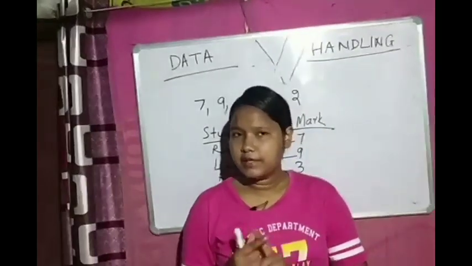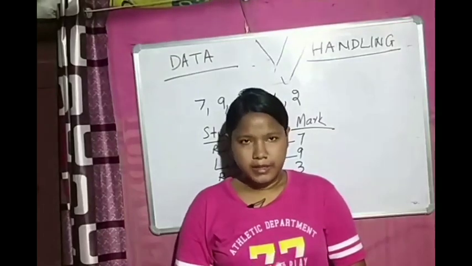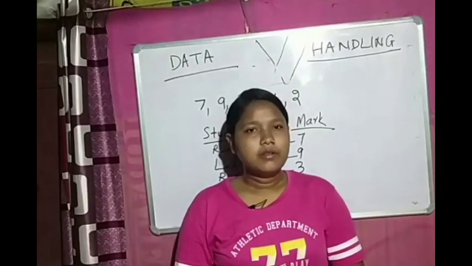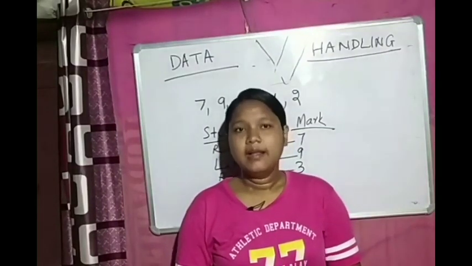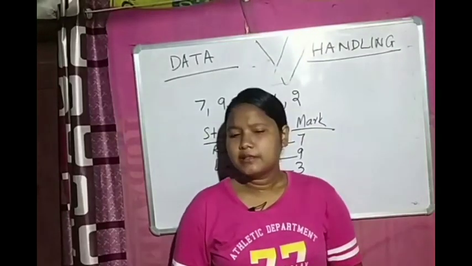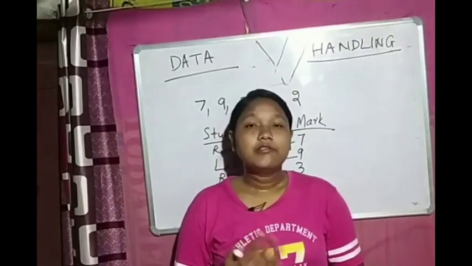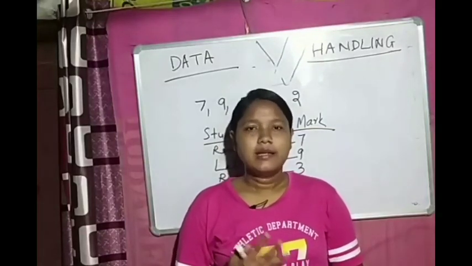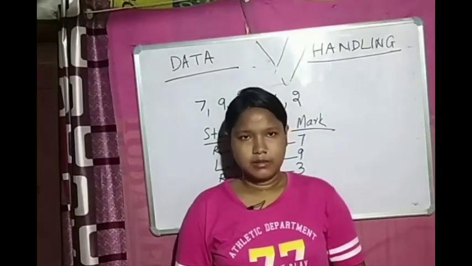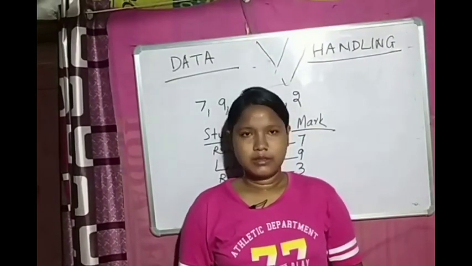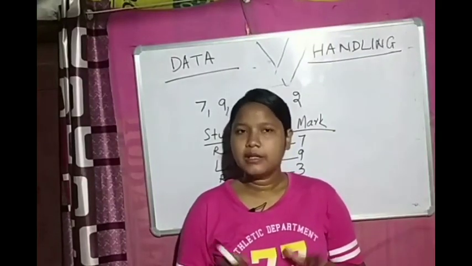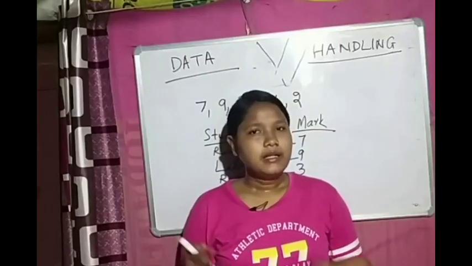So we have studied what is data, how we organize it, what we have used to organize that data, and how we got information from data. So let's see. First, what is data? Data is a collection of numbers gathered to give information. Those are gathered, meaning all collected together, so that we can get information.